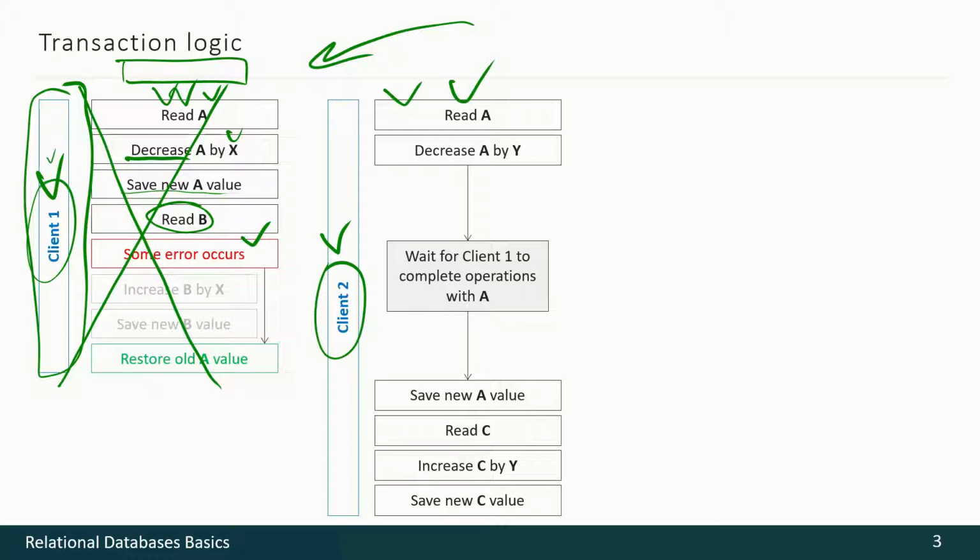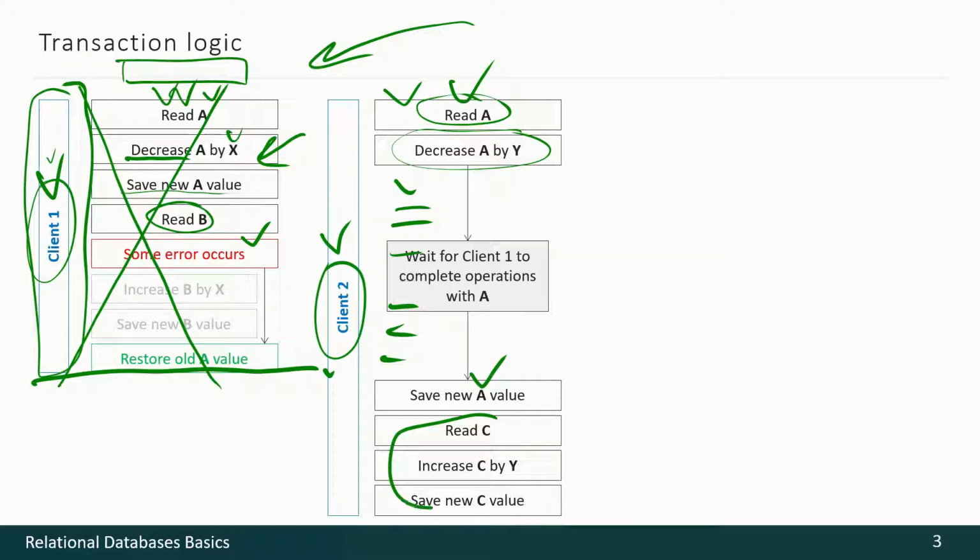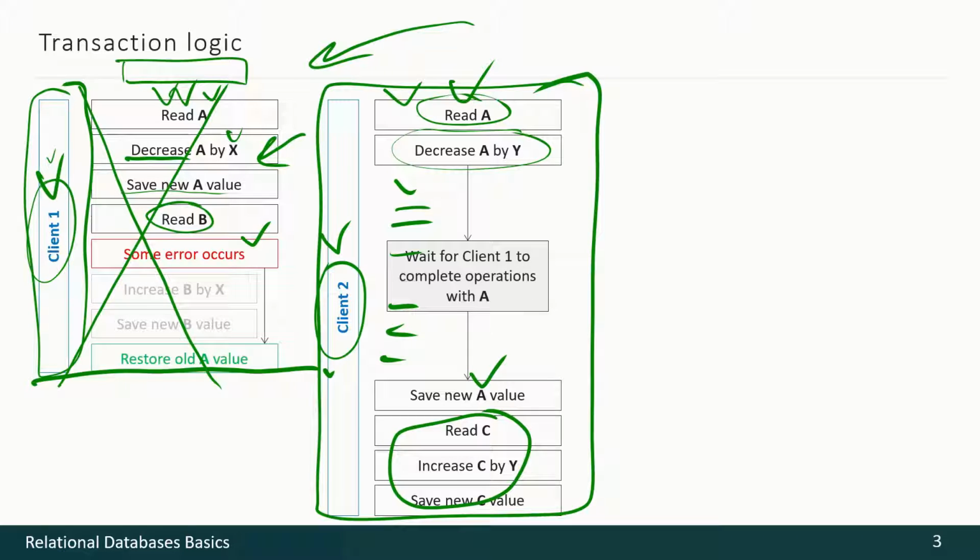But remember, we have the second client working with the same account simultaneously with the first client. The second client also reads the value of that account, decreases it, but he cannot save the value because the first client is working with that account. So the second client waits, and only when the first client has completed his work, no matter successfully or with failure, this account is released, so the second client may update it and proceed with his work. We see that there is no error with the work of the second client, so the database comes to the new state, to the new situation. Here everything is saved and here everything is cancelled.